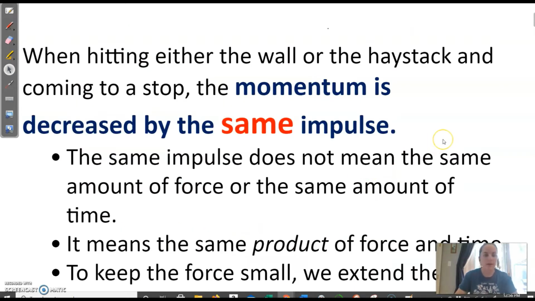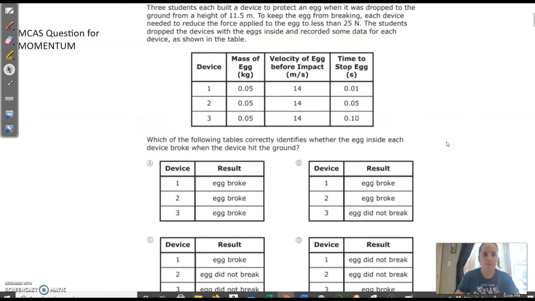Again, when you're hitting the wall, it's all explained here as well. So let's go to this MCAS question. Three students each built a device to protect an egg when it was dropped to the ground from a